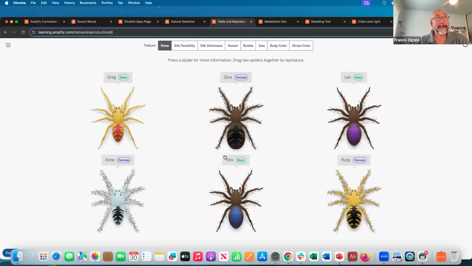One of the things that's really cool about this, you notice that there's no green spiders in here. I was actually at a workshop one time, and this teacher told me that her kids come in and breed these spiders, and they're doing all kinds of things, looking for different kinds of the size. They want to change the body color. And actually, this one teacher told me, he says, I literally have to lock the doors at lunchtime right now because the kids keep coming in trying to breed spiders. But one of the things that they were trying to do was get green spiders. And you see in here, we don't have any green spiders.